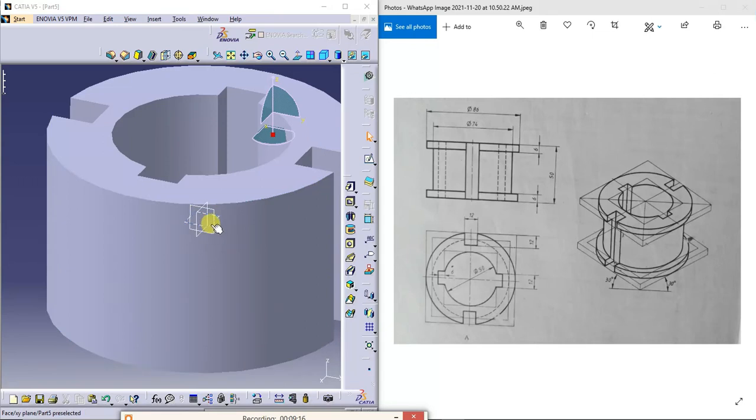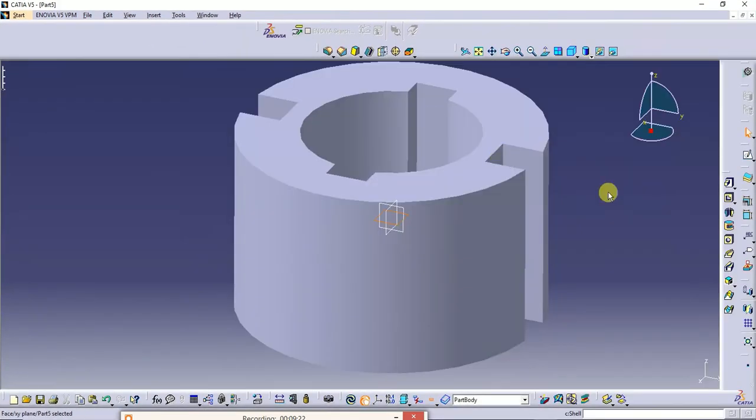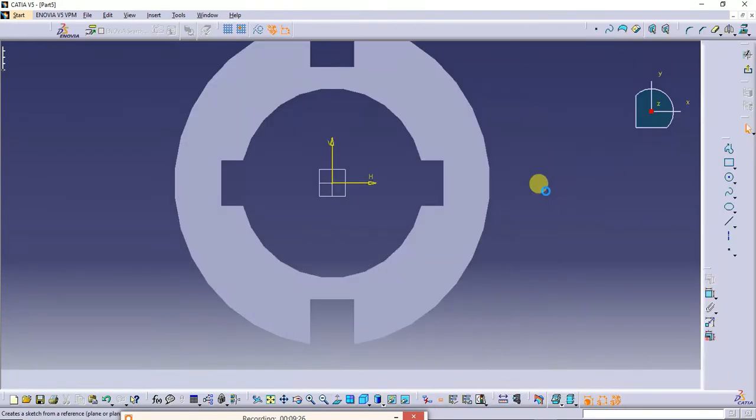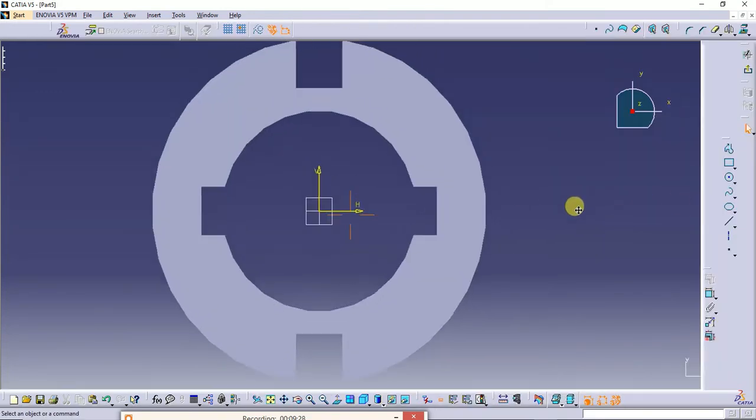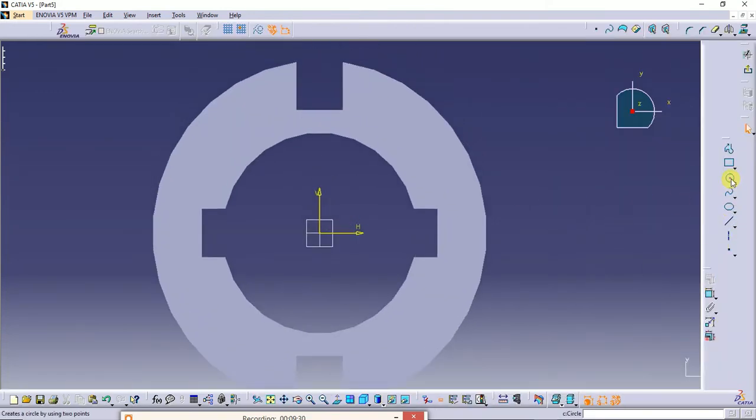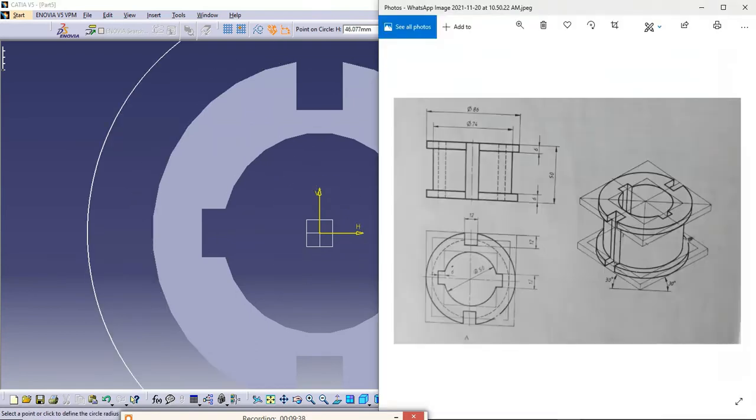Now I'll select the mid plane. I'll go for sketch. Now I'll draw a circle of 74 mm diameter.